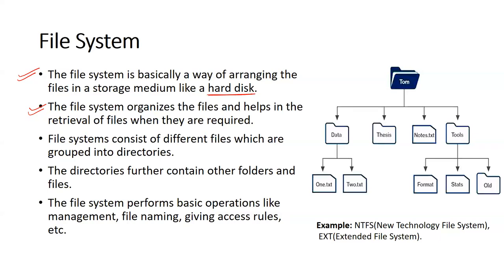So a file system basically helps you to organize your files. It will organize all your files. And now, if you want to retrieve a file, then you can retrieve it easily. It makes it easy. If they are unorganized, even then you can find your file, right? But if it is in a particular fashion, then